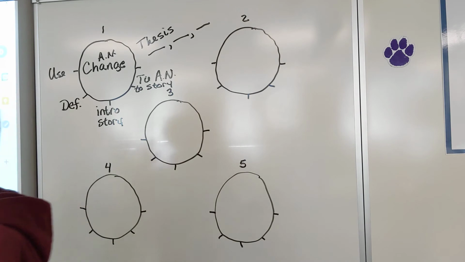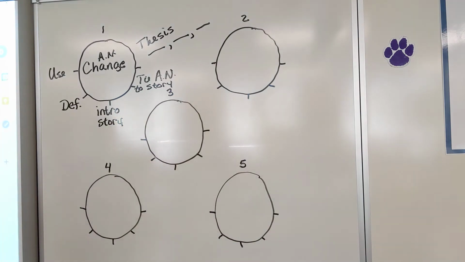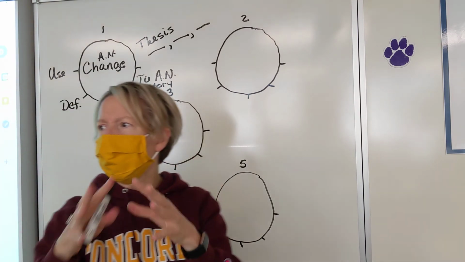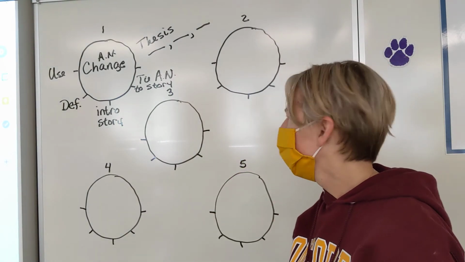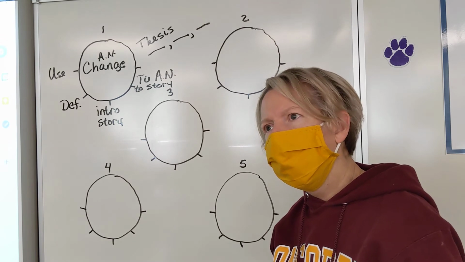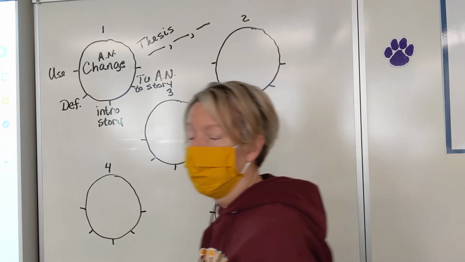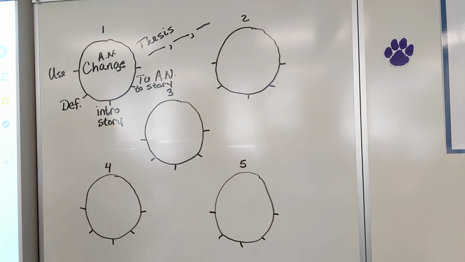Now remember, she's changing a lot and it's bouncing, right? Back and forth. So what we want to do is think of 3 really strong examples from the story of where a change is happening. Alex. Memory. With what though? She's losing her memories. With what? You have to be very specific now. It's kind of like you have to focus on one incident. Give me an example of where we see her changing to this new person. Just one part of the story.